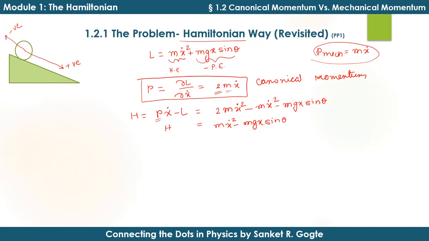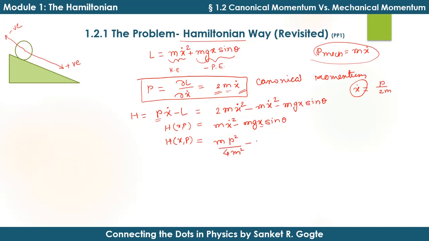H that we have obtained here seems to be a function of x and x dot, but we want H to be a function of x and p, and there is no explicit time dependence. So this can be done by using the concept of canonical momentum again, where x dot is equal to p divided by 2m. I'll plug this back into this equation, and that gives me the Hamiltonian as a function of x and p, which is p square by 4m square